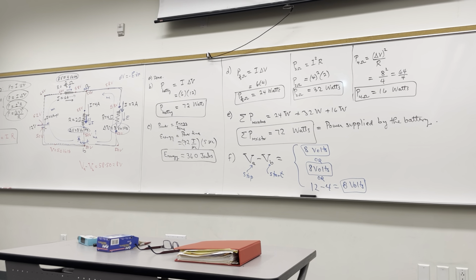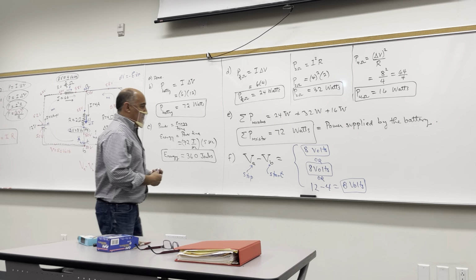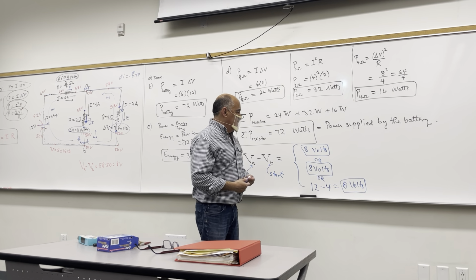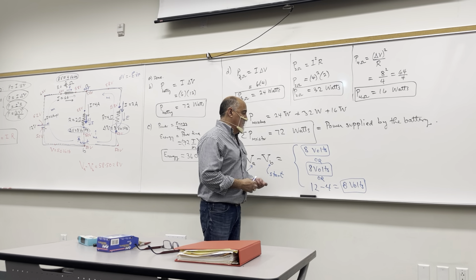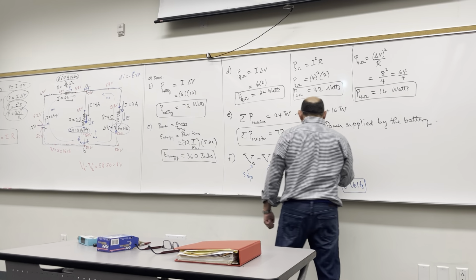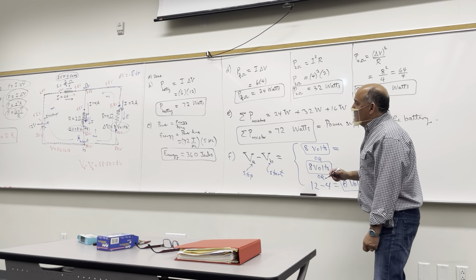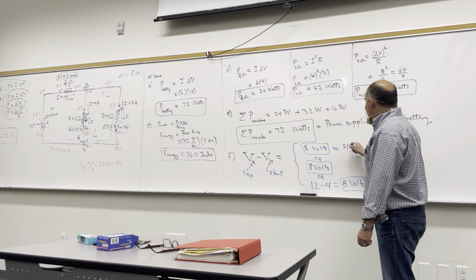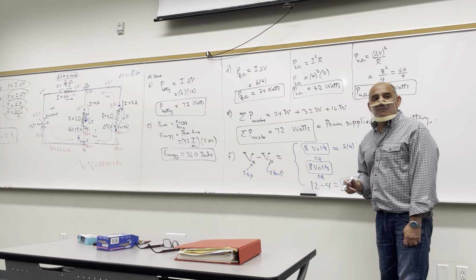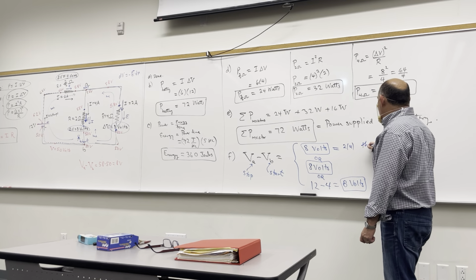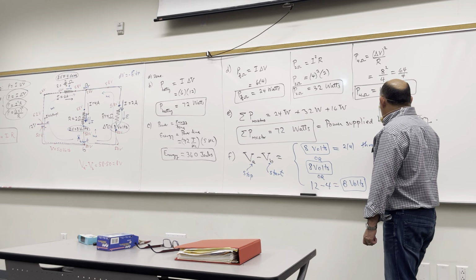Yes? Sorry, in a test, do we need to write down all three of those, or should we only write one? I mean, this one is so obvious, but I would probably write, instead of this one, this one: 2 times 4, which equals 8. Or you can say through the